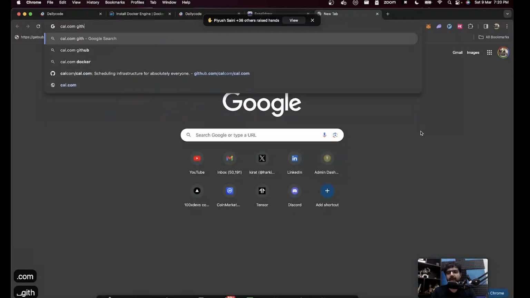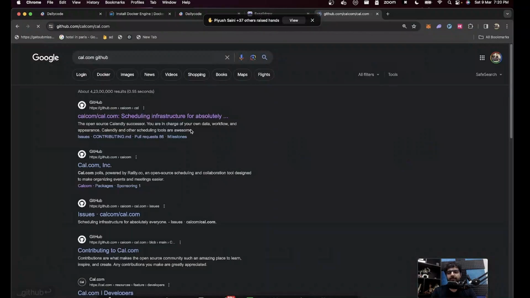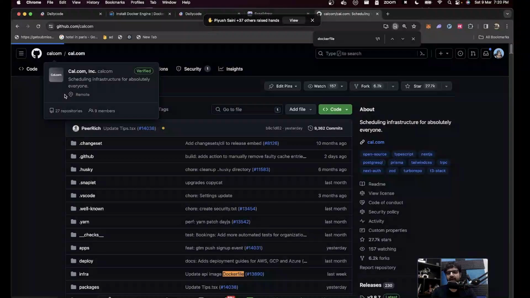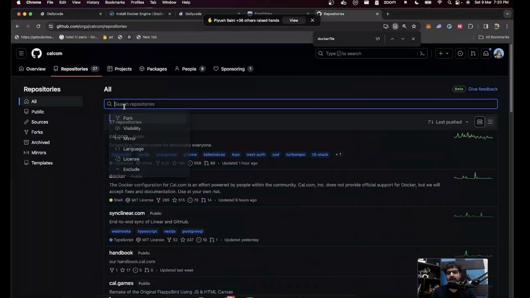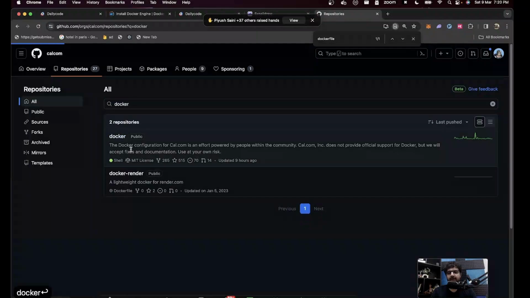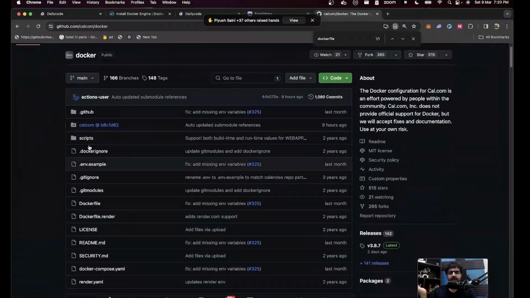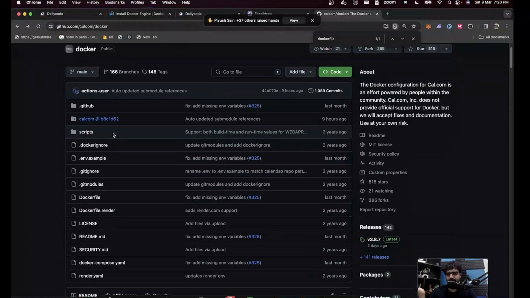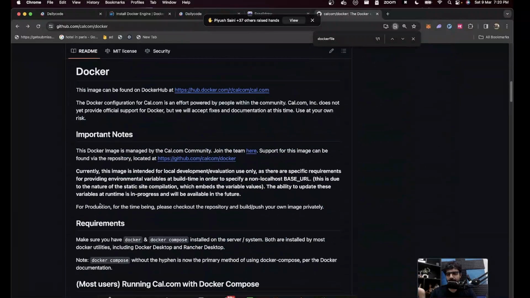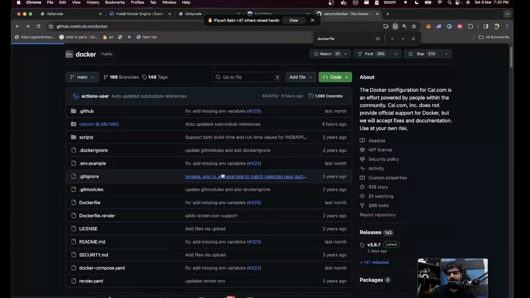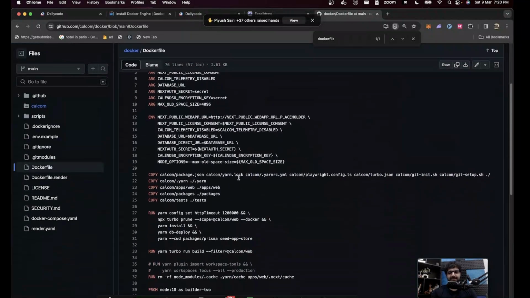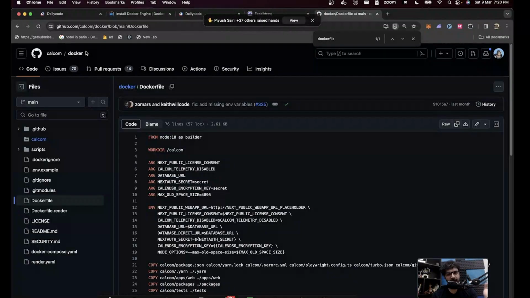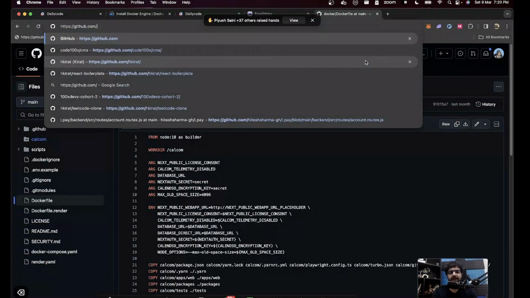So if you look at the cal.com GitHub, you'll find, oh, they don't have it here. They have it in some other organization or some other repository, if I remember correctly. Yeah, there you go. They have a Docker repository inside which they have all their Docker files. I picked the wrong organization. Let's see. There you go. So this is the place where they have their Docker file. They're a very big company, which is why it probably makes sense for them to have it in a different repository. Most projects, you'll just find it in the same repository.